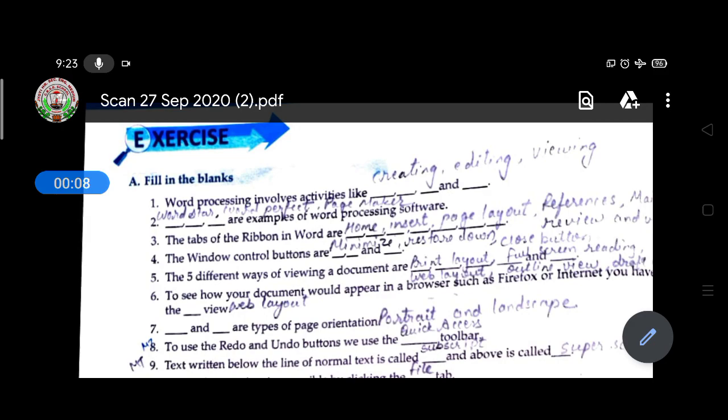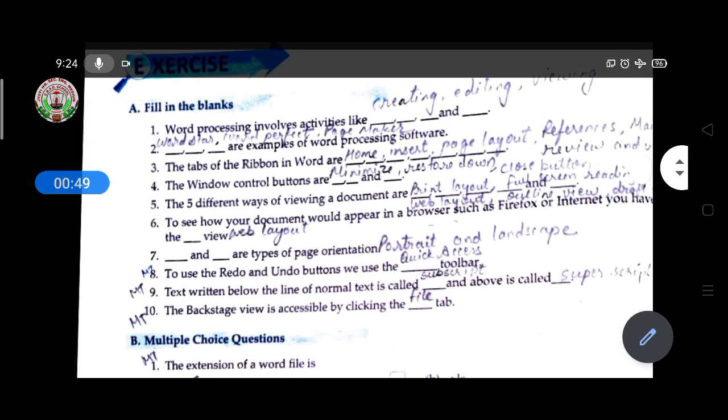So, student, we had not discussed this chapter number 4, word processing of Microsoft Word, the exercise. So let's discuss the exercise, and then your chapters for the midterm will be completed. The midterm portion is chapters 1, 2, 3, 4, 5. Up to chapter 5 will come for your midterm examination, and I will give you the question answers as a PDF. And now let's discuss some exercise questions.